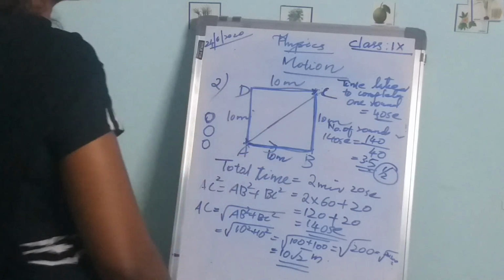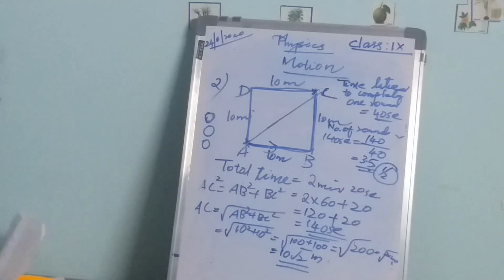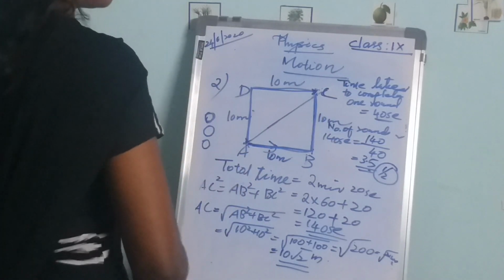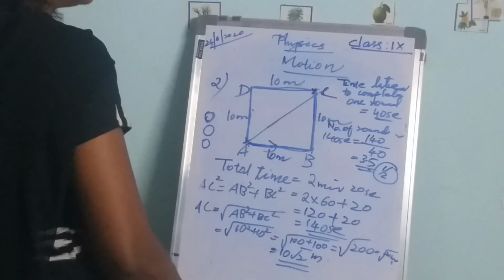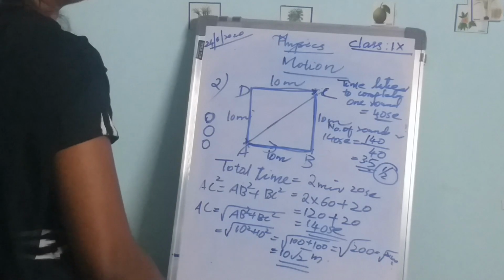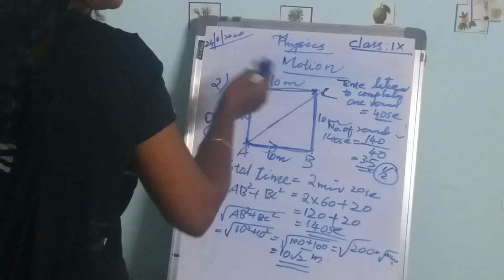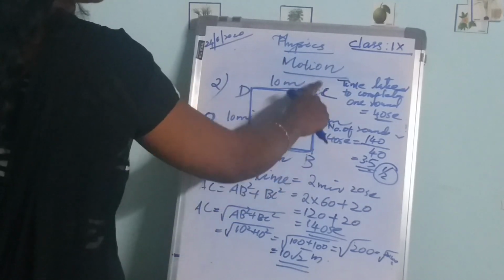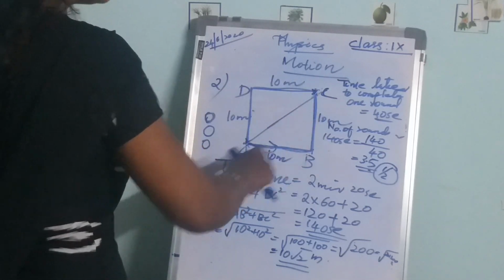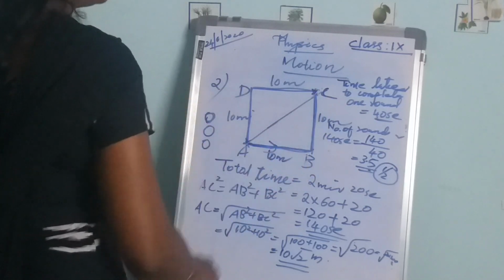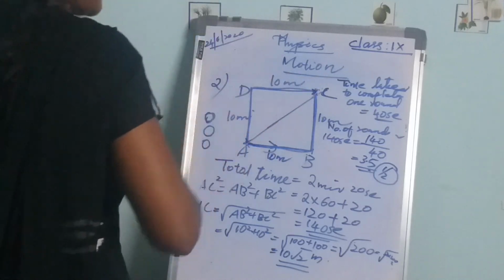You know what displacement is? The shortest distance between the initial and the final position. That is AC here. AC represents the displacement of the farmer. Next, we have to find the distance AC. For that, we consider the right angle triangle ABC. In this, AB is the base, BC is the altitude and AC is the hypotenuse.